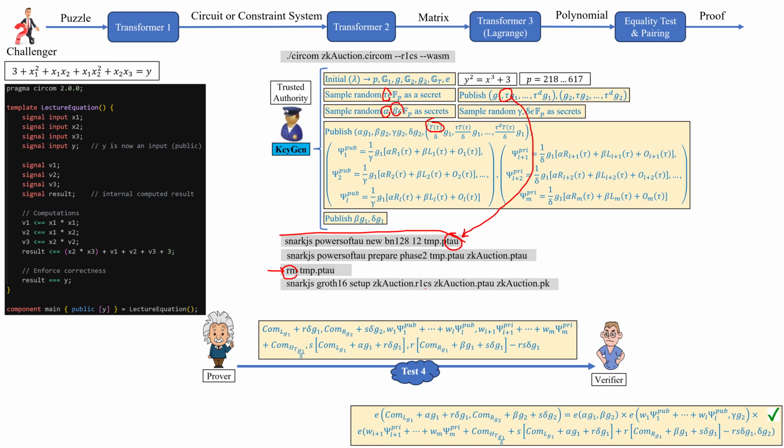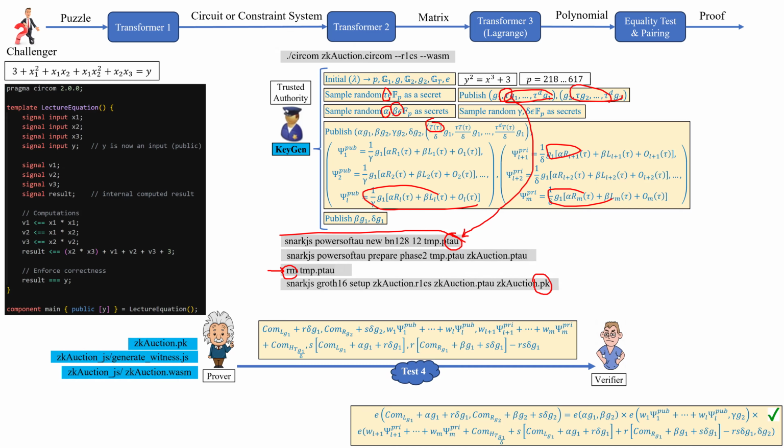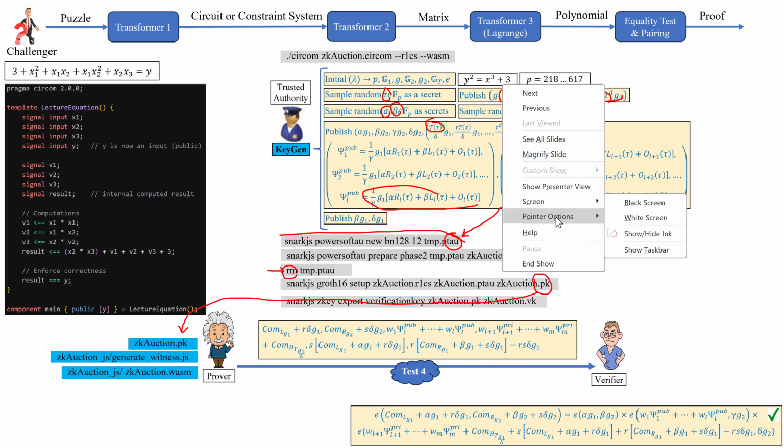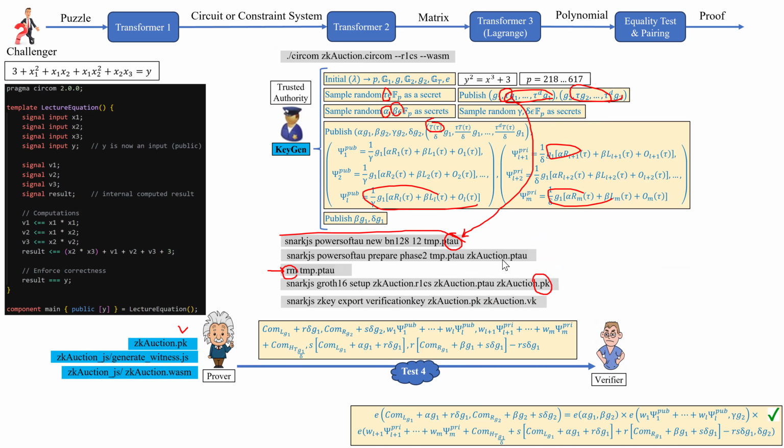And then the trusted authority will run this code to generate the prover key. So what is the prover key? The prover key is the list of SRS and all of this information that is needed by the prover to generate the proof, right? So that's the reason this file would be sent to the prover. And the next line is